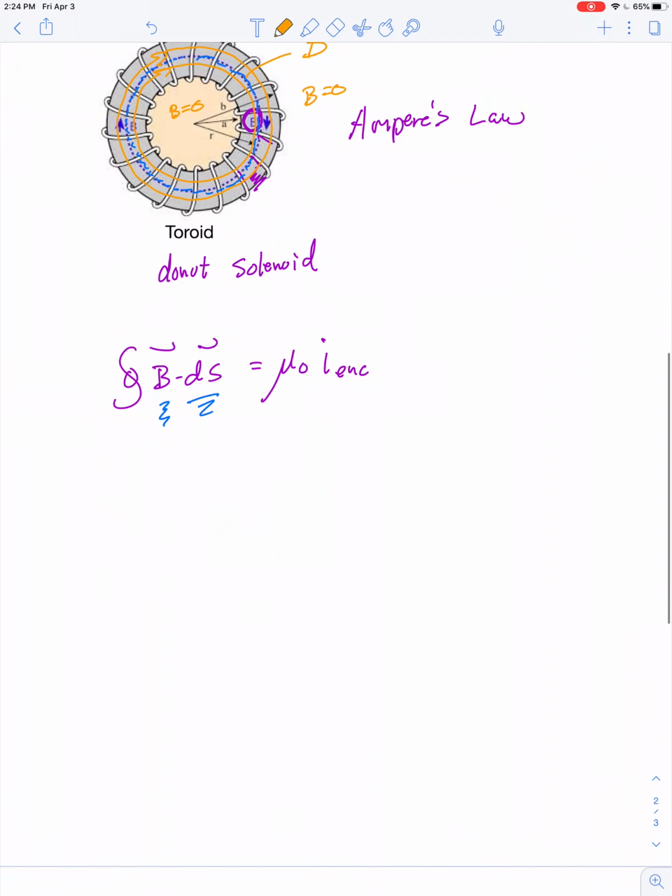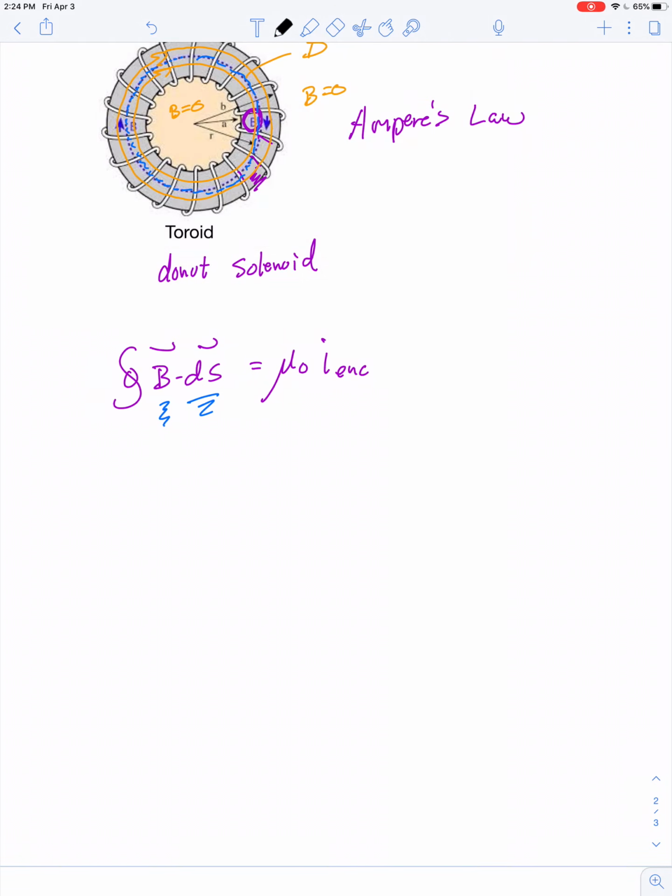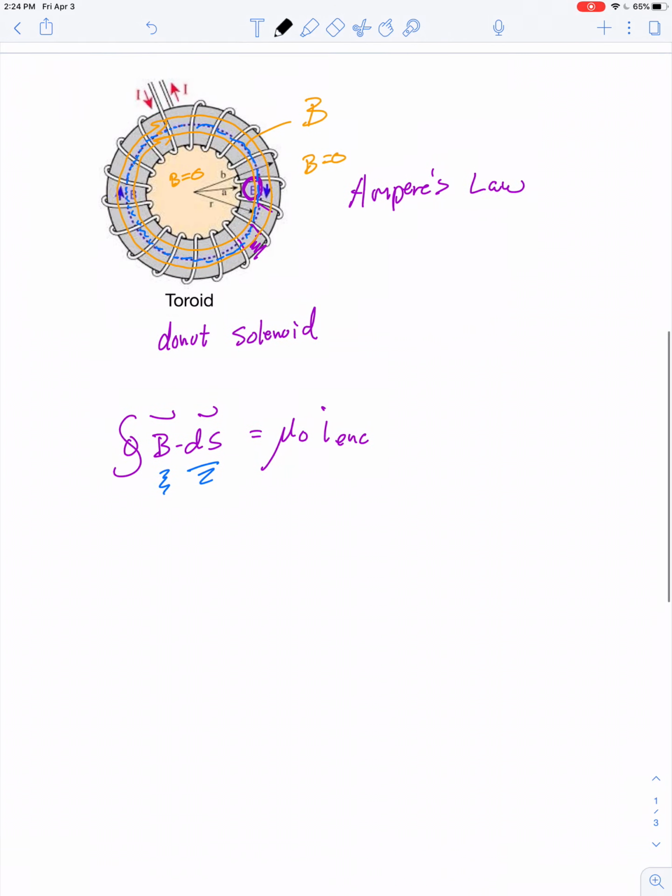So this becomes perhaps the simplest derivation of all. The magnetic field is just as strong on this segment of my Amperian loop as it is on this segment, so the B comes out of the integral sign. We don't need to bother with any vector notation or dot product because the magnetic field is at all points parallel to the ds. So we just have B times the integral of ds is equal to mu naught times,